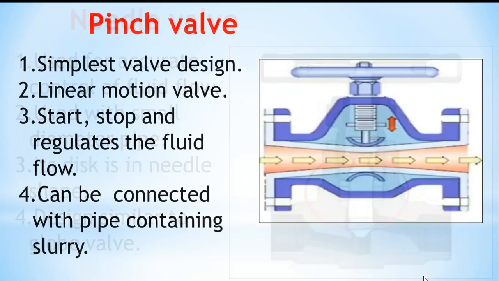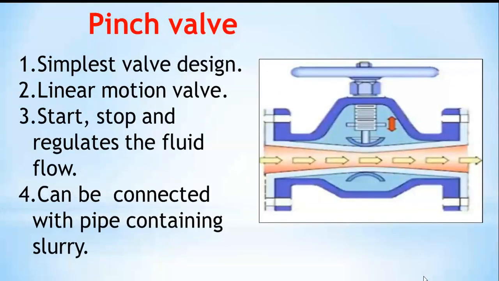Lastly, we will talk about the pinch valve. It is also another common type of valve, and its principle is more like the pinching of skin. When you pinch your skin, the two layers of your skin that you are pinching gets compressed. So, in similar fashion, this valve has a rubber sheath inside it, a two-layer rubber sheath. It may not be rubber, it may be some other polymeric material depending on the type of fluid that you are passing through the valve. And the stem, when it is pressed down, it pinches the two rubber layers or the two polymeric layers and obstructs the path of the flow.